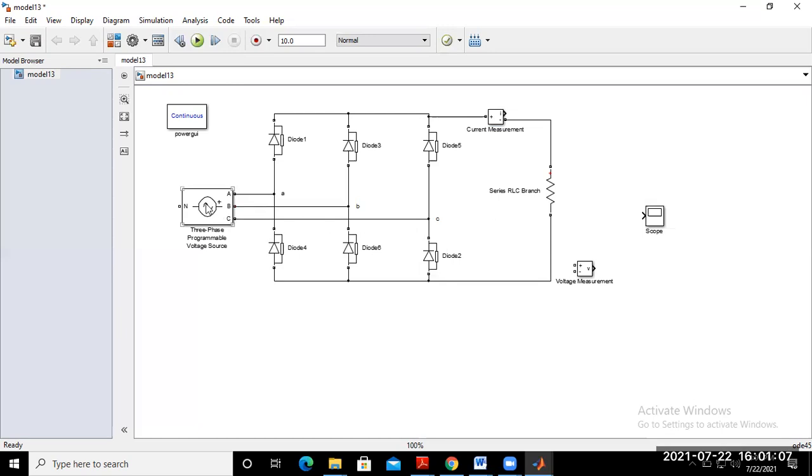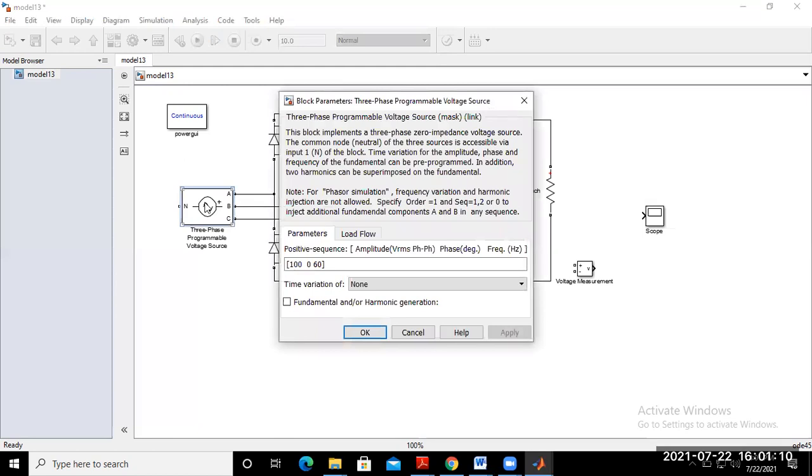Now you just put here the configuration of the three-phase AC source given to you. That means phase A, phase B, phase C, where you may want here. That means admittance, phase to phase voltage, degree, and frequency. So by default, what is the frequency rating? It is 50 hertz. Okay. So this one is your amplitude, maximum phase to phase is 100 volt, or you may put another value, whatever you may want.